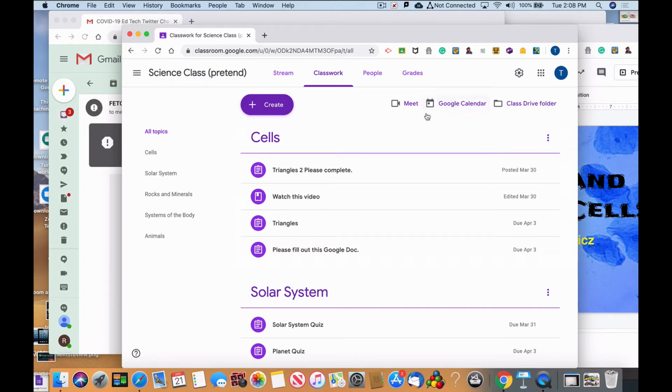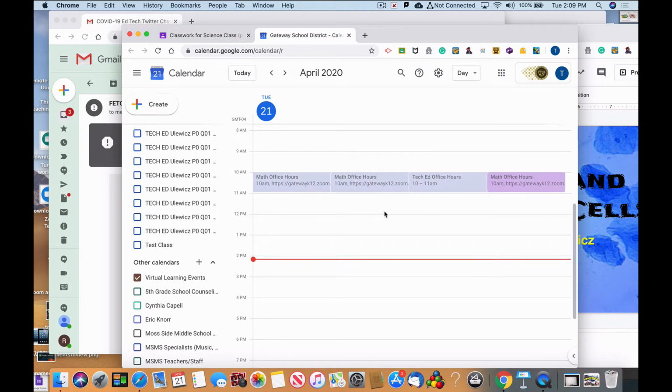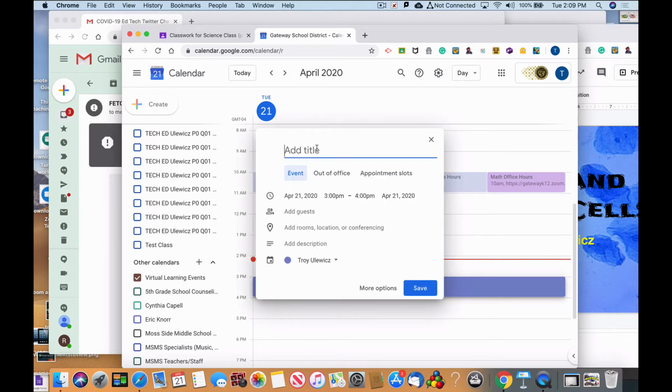Now, another way you could do it is you could add the event to your calendar. Now, I would not go here because this is the Google Calendar for this specific class. You would go over here to your calendar. So let's say I want to go ahead and have something today at 3 o'clock. So I could just click on that time zone, right? I could write science. I'm going to write it in office hours because I'm going to go ahead and show you how you could do this recurring as well. So if I said science office hour,